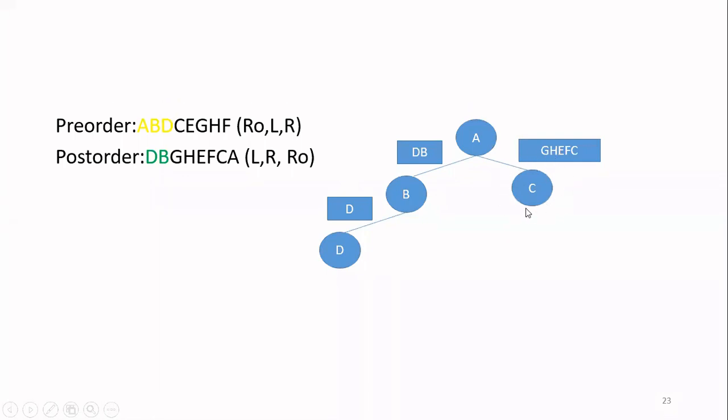So what is the next step? I have to identify the left subtree and then the right subtree. For that, in the pre-order, I have to take the successor of this root node. So I'm going to the pre-order, and I'm taking the successor of the root node, that is E. Once I identify the successor, I have to go to the post order. Then I have to see all the nodes from the left till that successor, out of this list only.